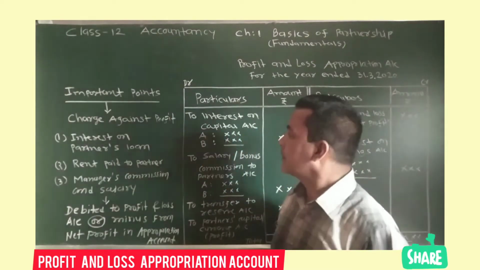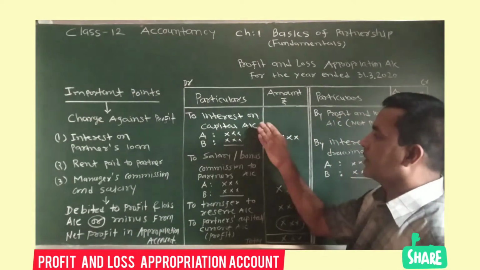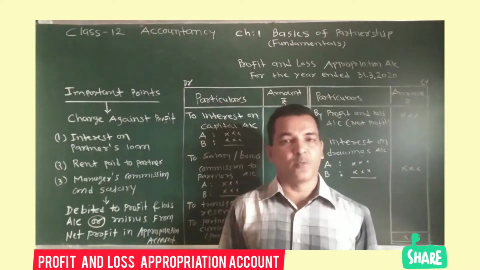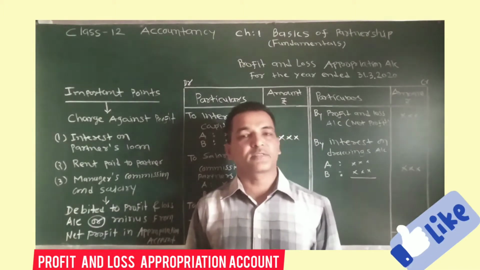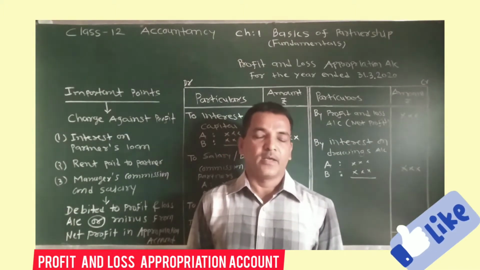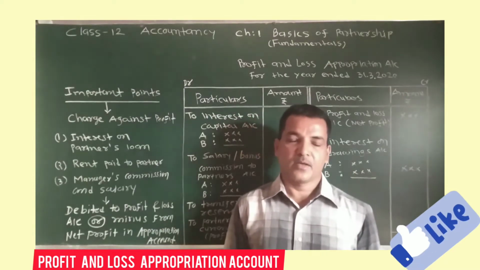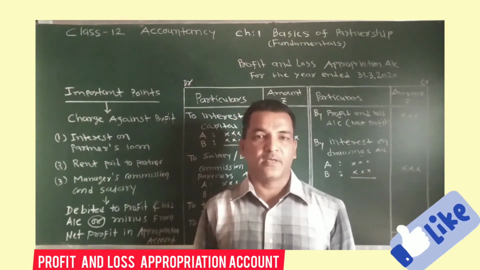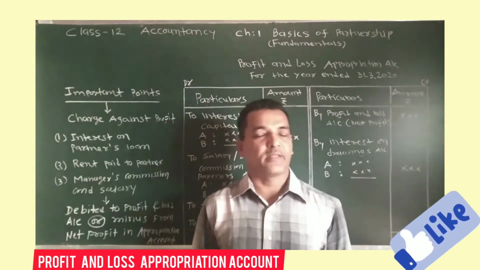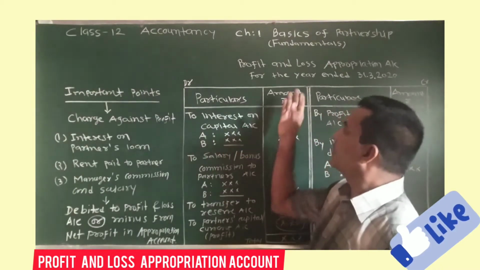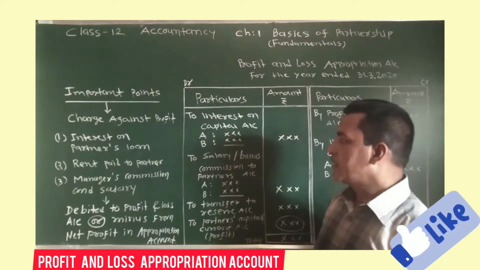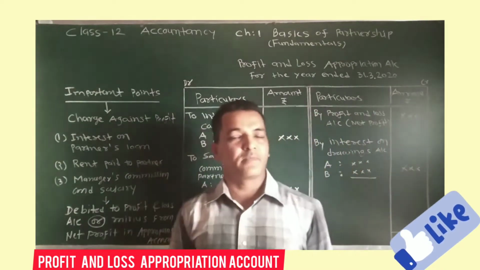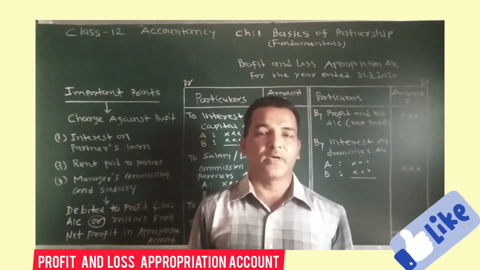On the debit side, you have to write to interest on capital. We know in a partnership firm there are two or more partners and all the partners must have contributed some capital. If it is decided in the partnership deed, then interest on capital is also paid to the partner. Interest on capital is appropriation of profit, and that's why it is debited to the profit and loss appropriation account debit side. So individually you will write for all the partners their interest on capital. For that separate working will be done. That also we will see in our next lecture.